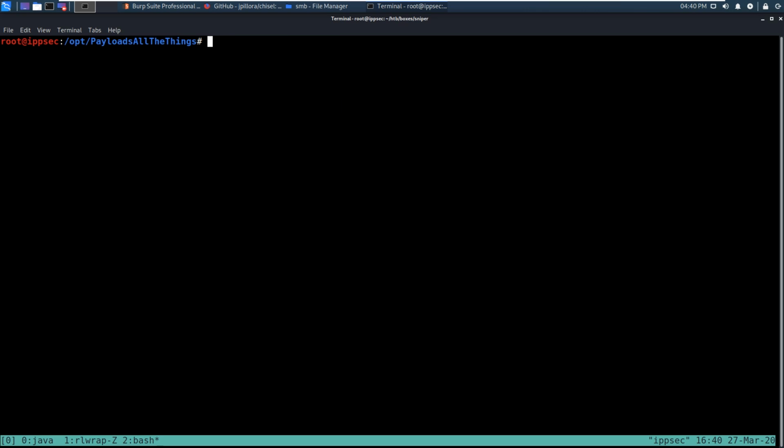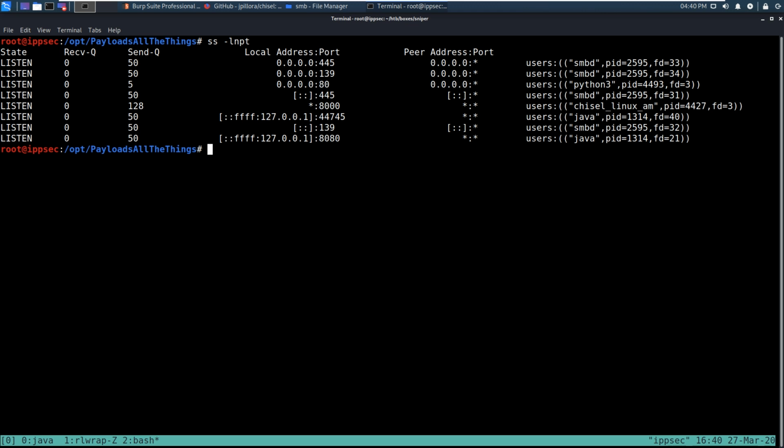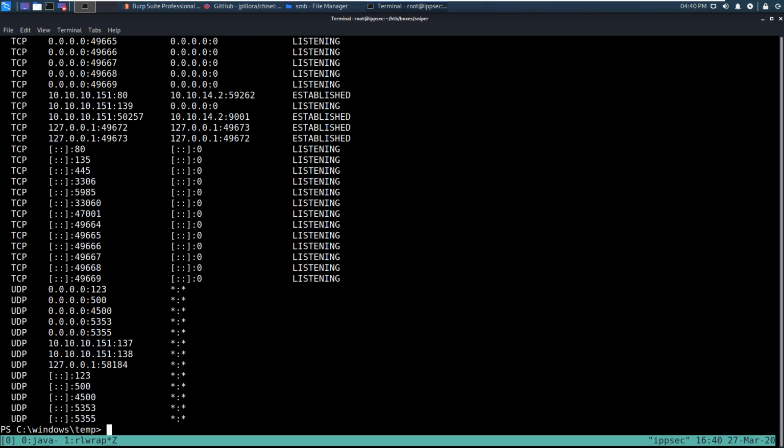Actually, I'm going to try doing 2 on one line and see if that works, because I don't know if it does. So chisel.exe client, and then we want to do 10.10.14.2 port 8000